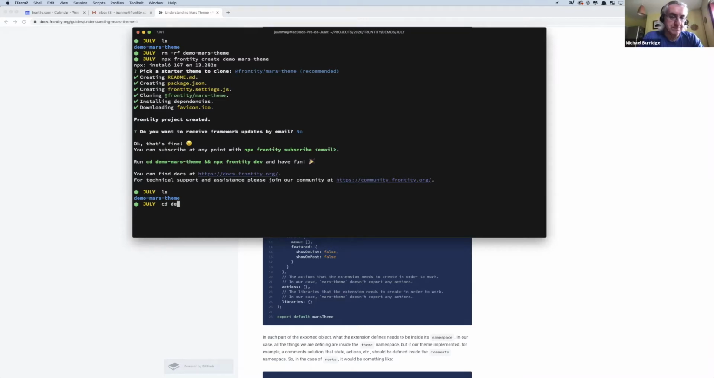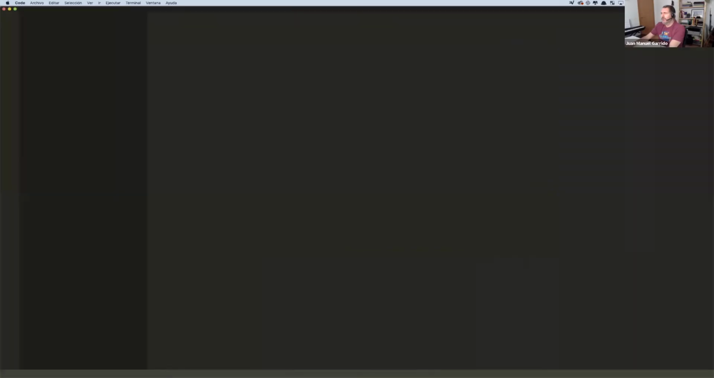Yep. So I have already created a default project using the CLI of Frontity, npx frontity create. The name of the project is demo-mars-theme. And as you can see here, I have chosen the Mars theme as a starter theme. So if I go to demo-mars-theme and I open it with Visual Studio Code,